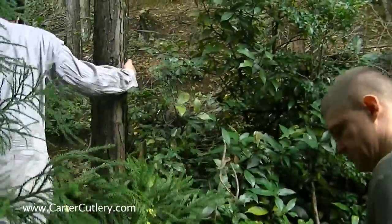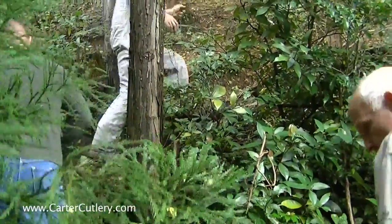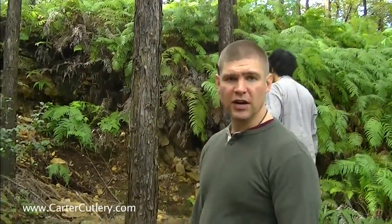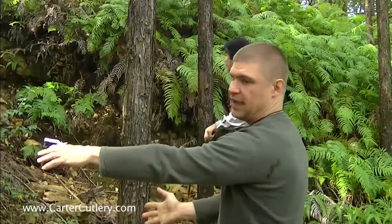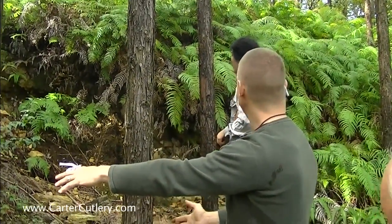Mr. Nakaoka decided to take us up the hill so we could see some other places where stones had been quarried. So Mr. Nakaoka is explaining that the vein of stones here that started back down there underneath his shop kind of goes at an angle like this. And just like the diagram he made for us yesterday, on